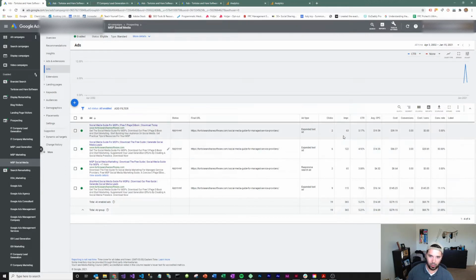Looking at these 2 expanded text ads in the context of a split test, as in only these 2 ads and pretending these 2 don't exist, we can see this one right here is generating nearly double the impressions of the other one, has a higher click-through rate, and has generated 3 conversions, whereas this one has had 0. So we can clearly see that this ad is performing much better than this ad in this particular ad group. Once all of these ads hit at least 100 impressions is when I would look to duplicate this ad, pause this one, and create a slight variant of this particular ad